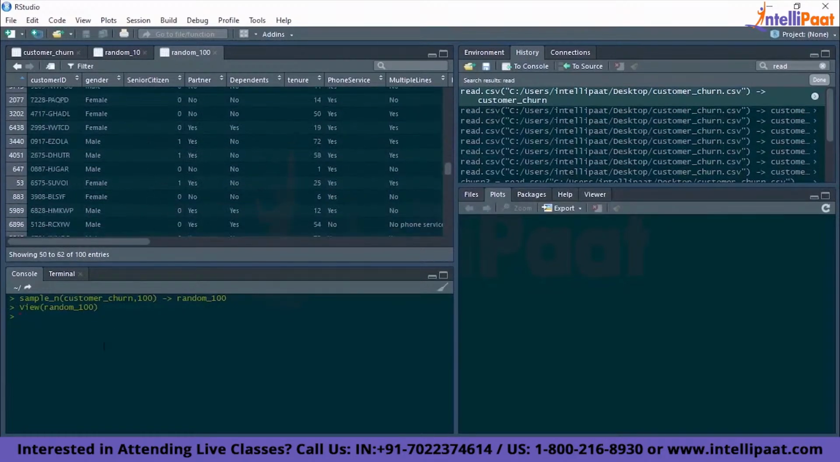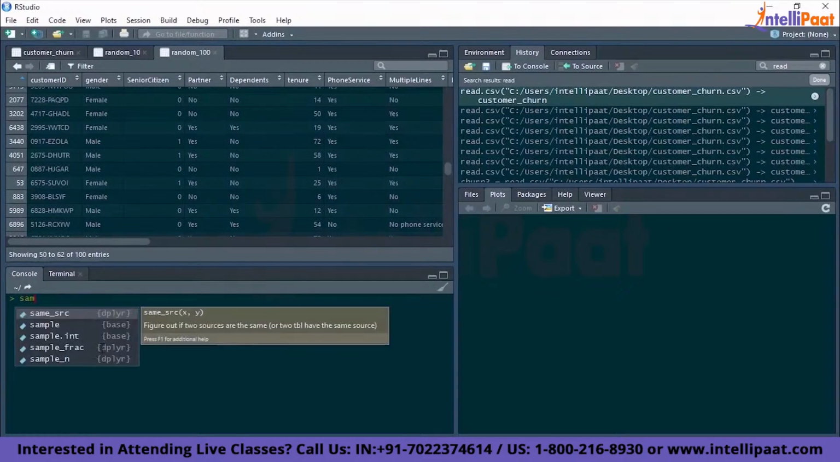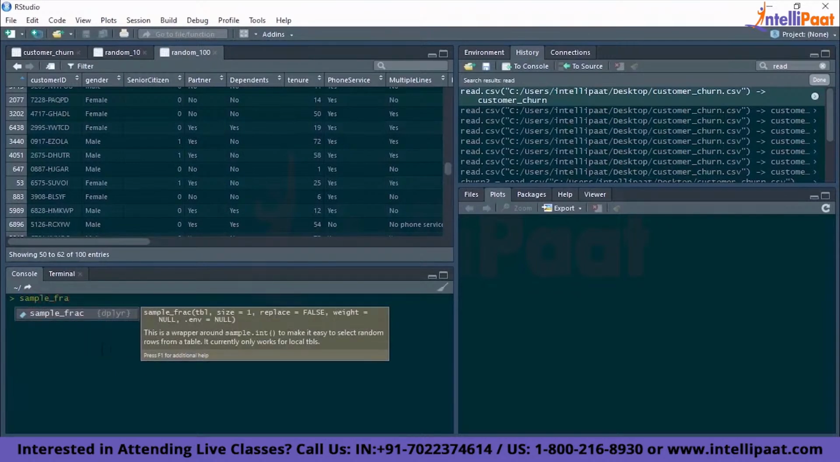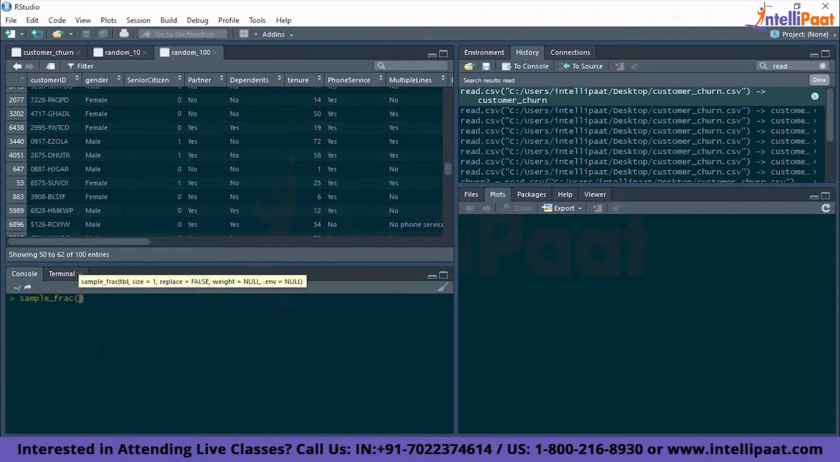Quite interesting, isn't it? Now similar to sample n, we have another function which is sample frac. So sample frac gives us a fraction of the entire data set. Now let's say I wanted 10% of the entire data set. For something like that, we can use sample frac. So now if I want 10% of the entire data set, I will give 0.1,